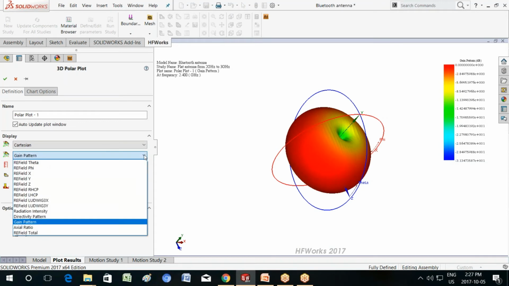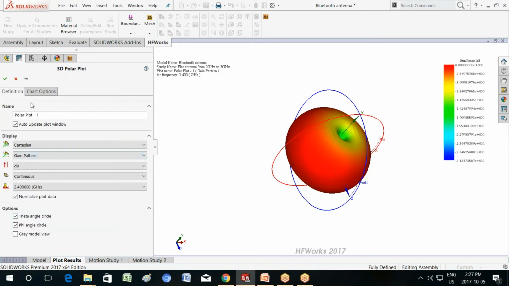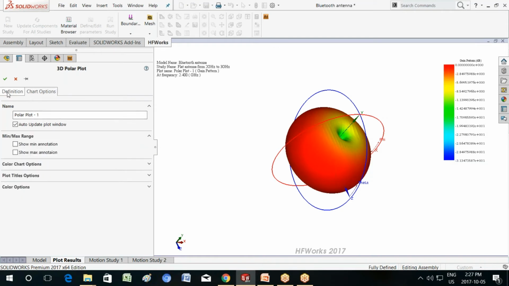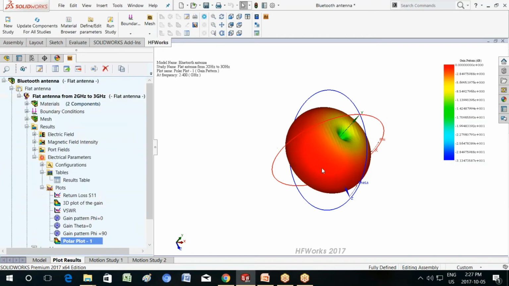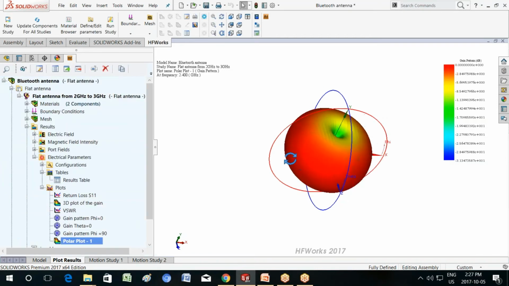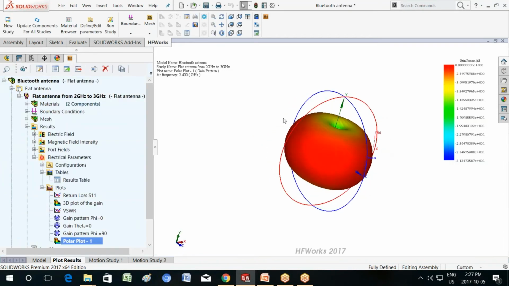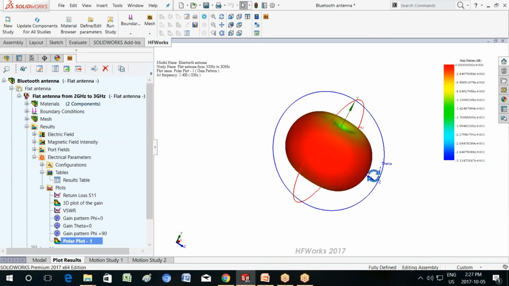If I want to change that, I can pick any other pattern that I want to see. Okay, and I can see this in 3D. I can play with the chart options and so on. But this is essentially showing me that what I'm looking for is some omnidirectional coverage, and I'm seeing that very well. Okay, and I'm seeing that if I wanted now to cut this radiation pattern,